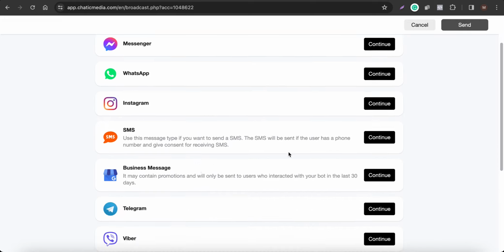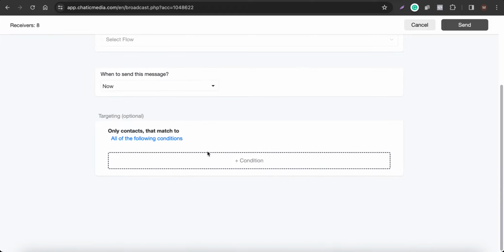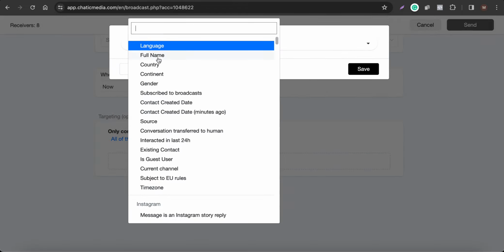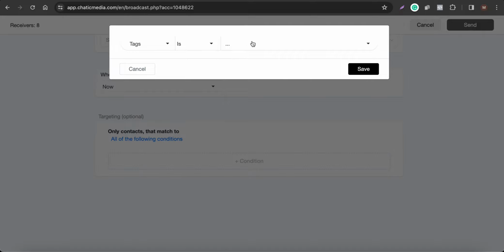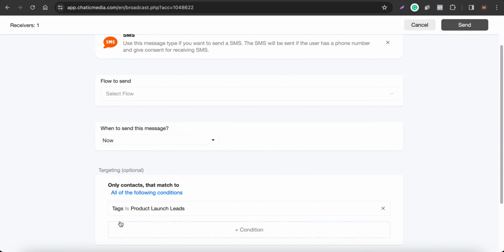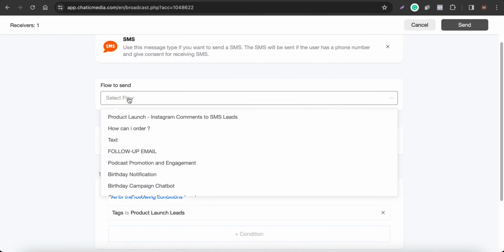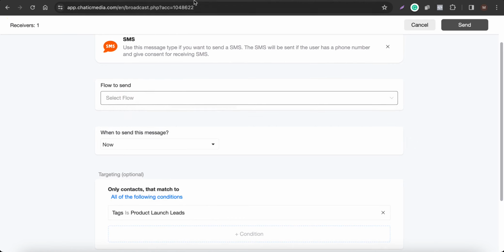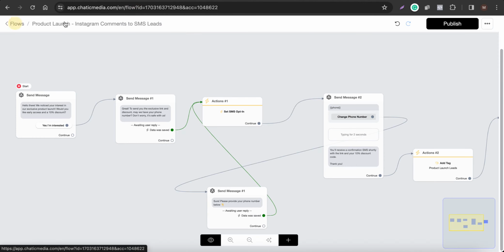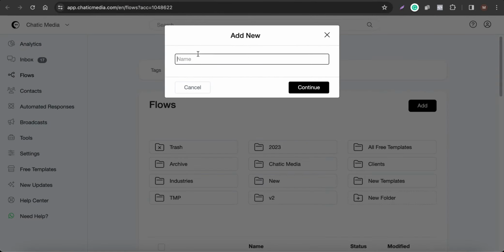So if we choose SMS over here, you can choose a flow to send. Here you can filter the audience by using the tag, that particular launch list. So you can specifically send SMS messages to the launch list. After I choose this tag, the receivers is set to just one. Here you have to come up with a flow, so I can quickly create a single flow. Simply copy this message over here, and let me name this one SMS broadcast